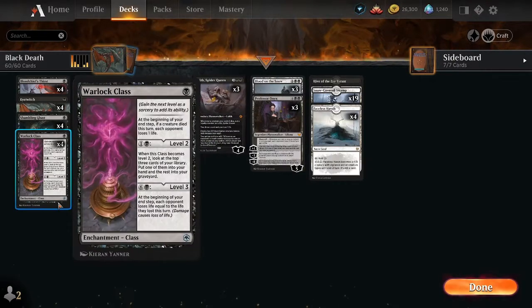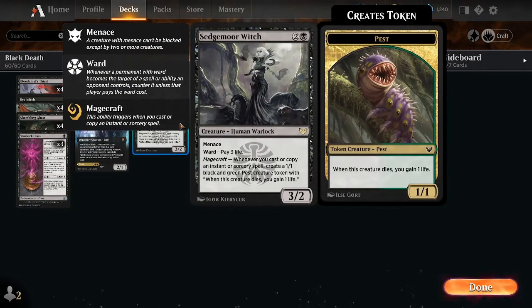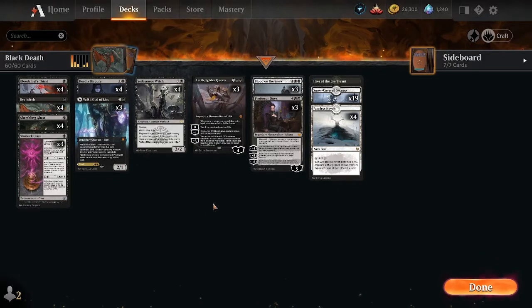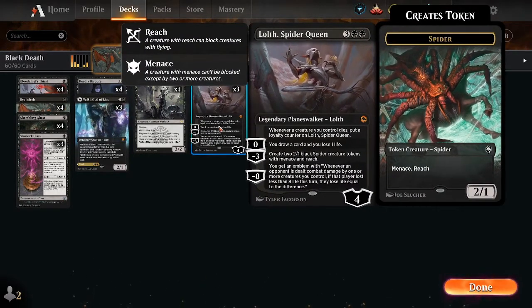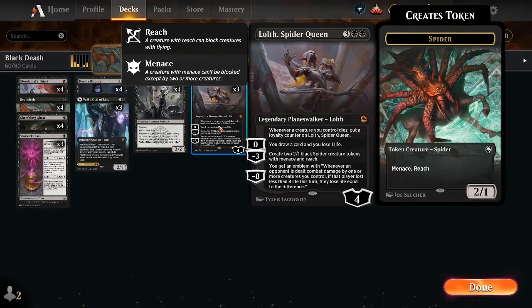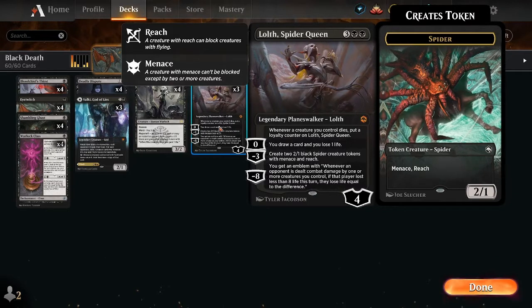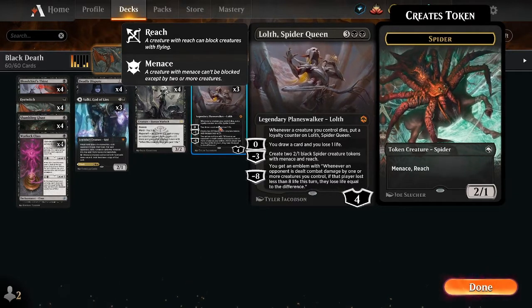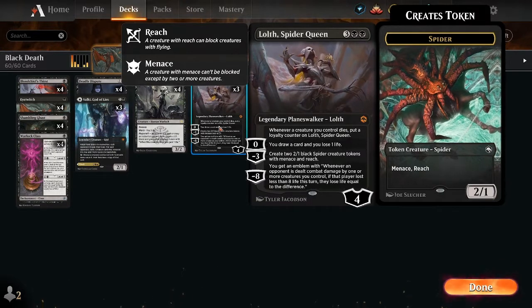Again, with the Warlock class, if we're at level 3 and the opponent for some reason decides to target that, they're going to lose 3 life, and then they lose 3 more life, so do the math. Now, Lolth, great little Spider Queen she is. Whenever a creature you control dies, put a loyalty counter on Lolth, Spider Queen. You draw a card and lose 1 life, plus you create -3. You create 2 2/1 black Spider creature tokens with Menace and Reach,